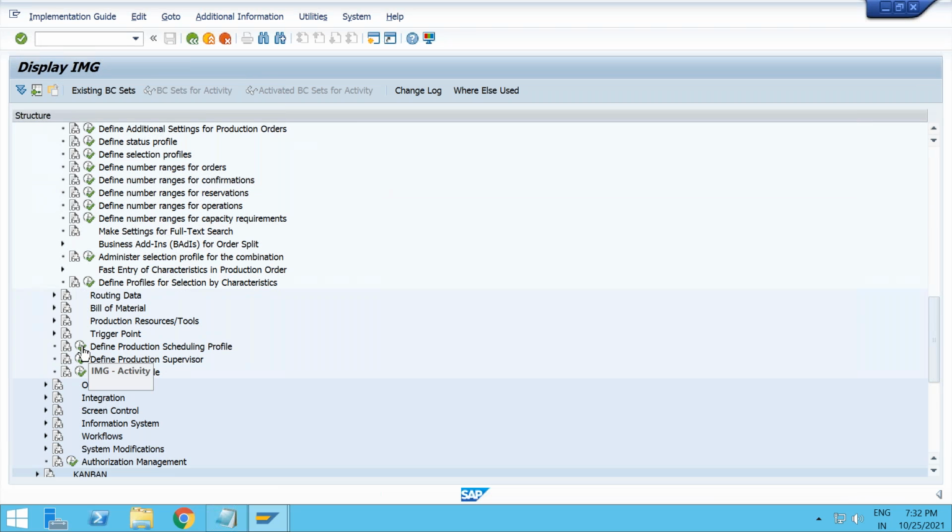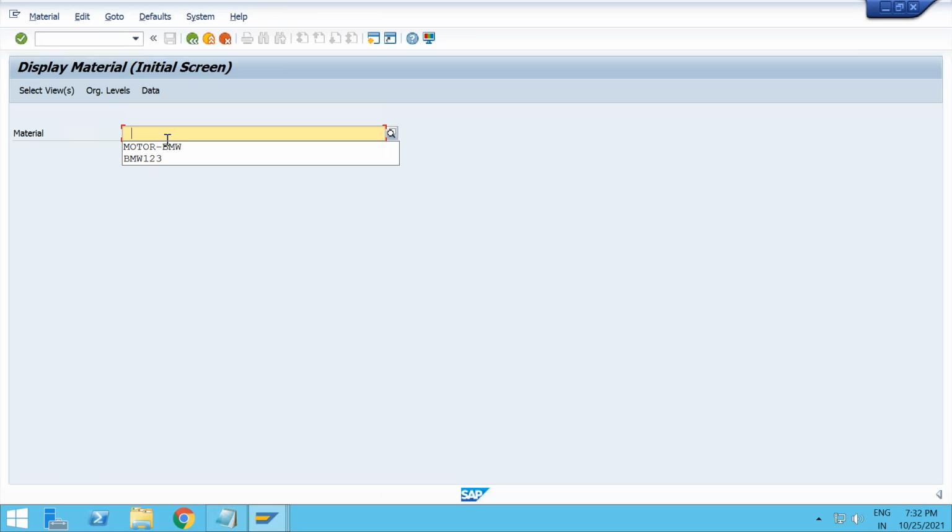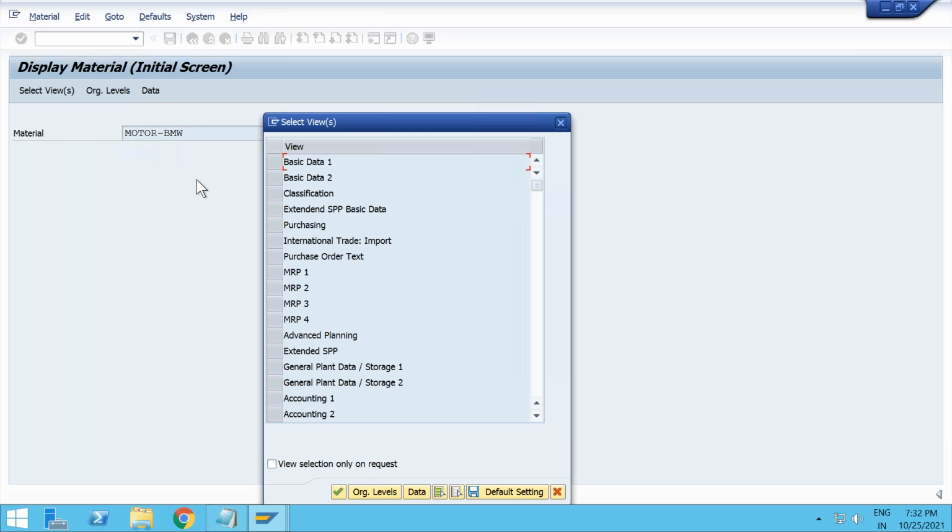Now we need to define the production scheduling profile. This is a very important configuration because this has a lot of information, a lot of automation can be done using the production scheduling profile, and this is part of your work scheduling view in the material master. So if I go to any material master and I go to the work scheduling view,